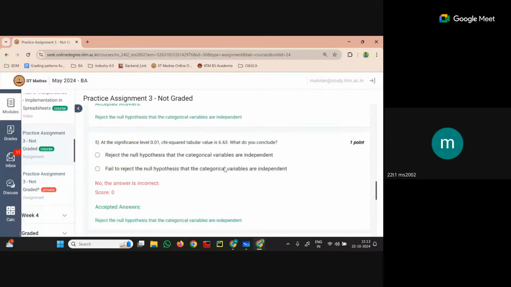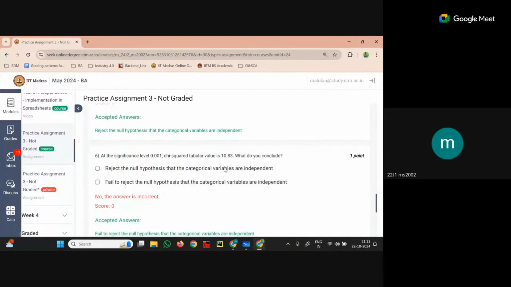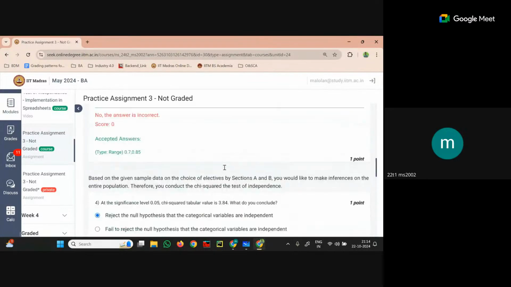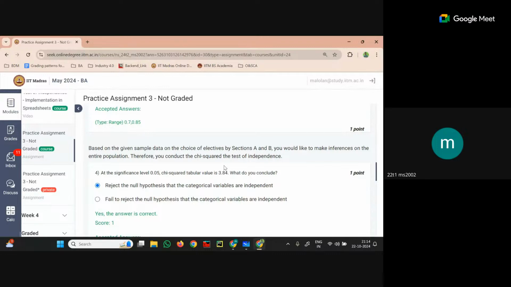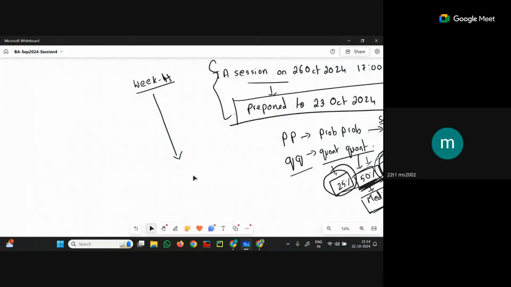The question does not ask for a calculated value. What you should do, for this table, is compute the chi-square. You must calculate the chi-square value, the computed chi-square. Fine. So once you get the computed chi-square, if this chi-square is greater than your chi-square alpha, gamma,